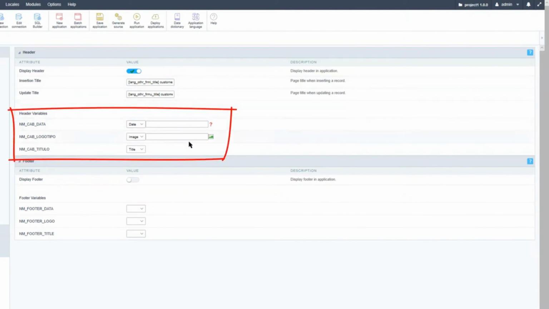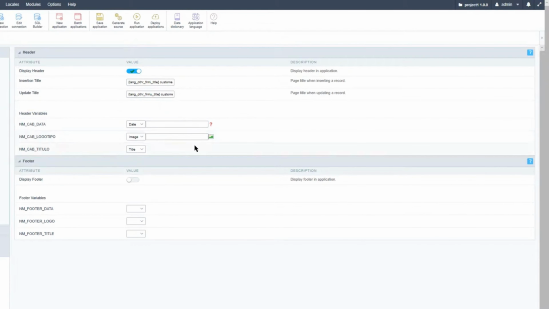Now, each of these fields, which are available for the variables, can be configured and specified within the header template. When creating the template, you can add multiple variables, which can then be inserted via this system within Scriptcase. Here we can then change what kind of information will be displayed within this field. We can indicate that it is a dedicated field of the form. We can also specify that it is the form title. We can change also to a date, so that date is displayed. We can specify an image, and we can also provide a custom variable or value. Below that, we can see that we also have a dedicated field for the logo and also the title.